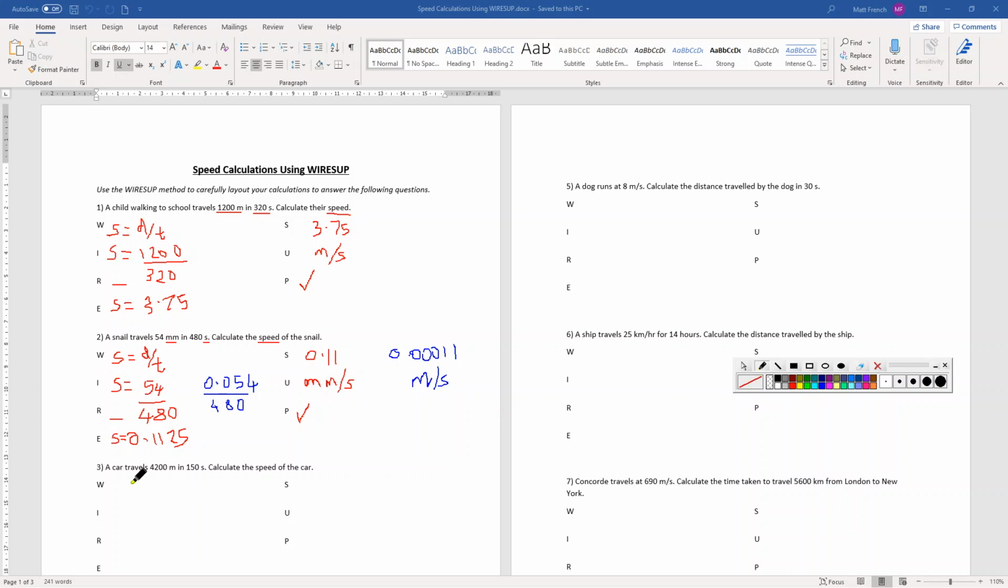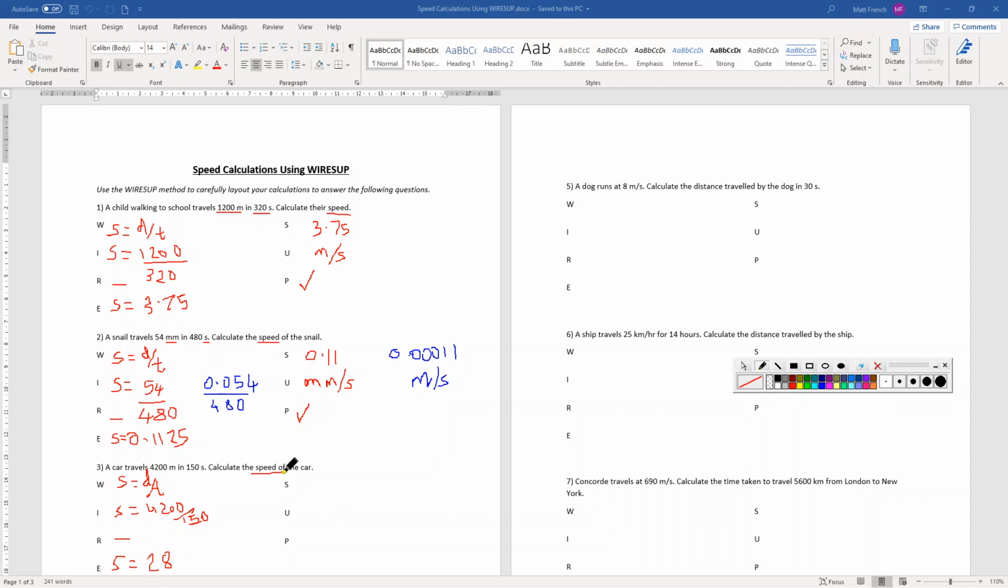Let's have a look at number 3 then. So we're being asked to find a speed again. So we're going to end up with speed is equal to distance over time. We are going to insert the numbers. So we have 4,200 over 150. We don't need to do any rearranging. We're going to calculate that as a speed is equal to